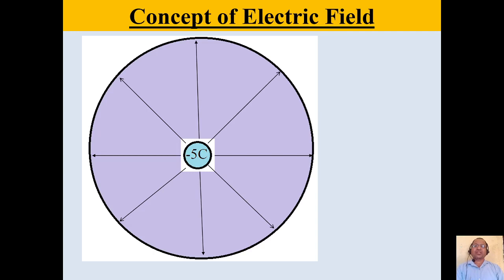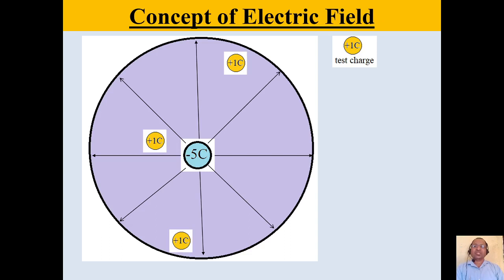So we consider that a test charge is given. Remember that a test charge is a charge of plus 1 coulomb. If this test charge is brought near the given electric charge, suppose at this position, the distance between these two charges is less, so it is in the sphere, and this charge will be attracted towards the given charge. If the test charge is brought to a new position, again it will be attracted towards the given charge. If you bring this test charge to another new position, it will again be affected by the given charge.